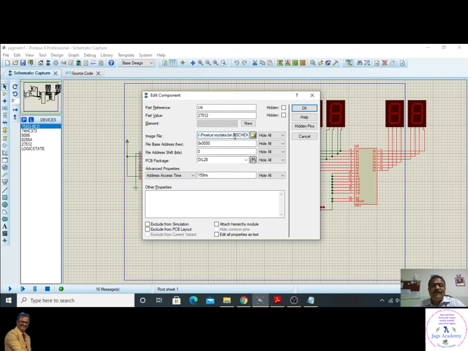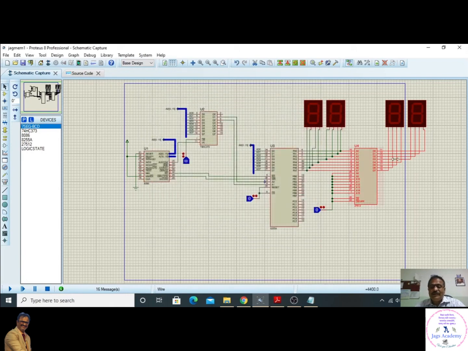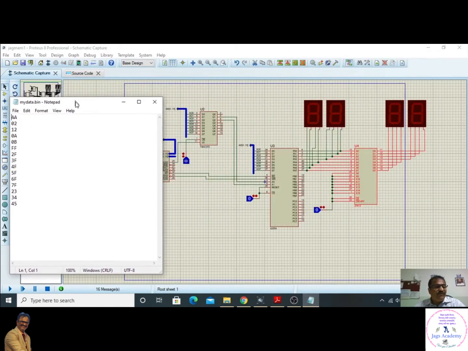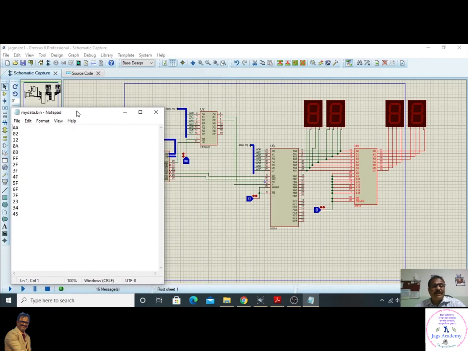After that, manually you have to add this ASCHEX in that. Then save it. Don't touch anything here, just save it. That's all. Right? So once you did that, you can keep your notepad file open here just to check whether the same data is displayed or not. Right? Now just go to